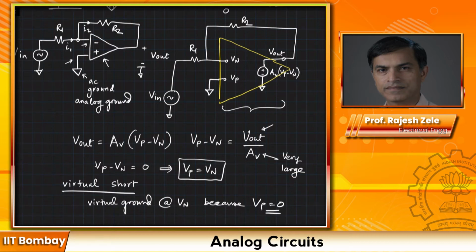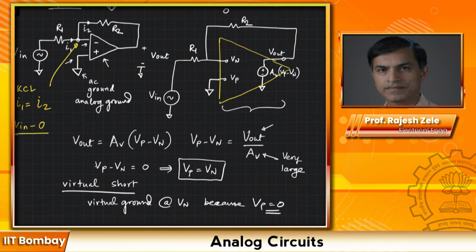Now we can apply KCL at this node. Let me use a different color at this node. And what does the KCL tell you? The KCL will tell you I1 is equal to I2. And what is I1? I1 is equal to Vin minus